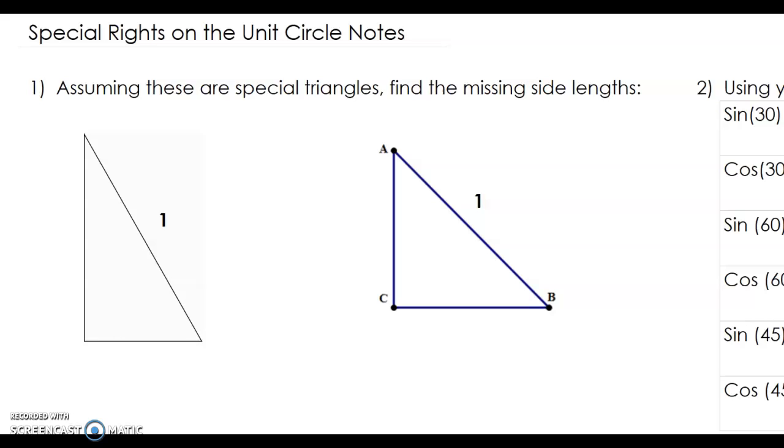In this EdPuzzle, to get us ready to talk about the unit circle tomorrow, it's important that we understand some of the specifics of special right triangles. And I know that you guys talked about this last year in algebra. There are two different types of special right triangles: one was a 30, 60, 90 triangle, and the other was a 45, 45, 90 triangle. And of course, when I'm talking about those numbers, I'm talking about the measures of the angles